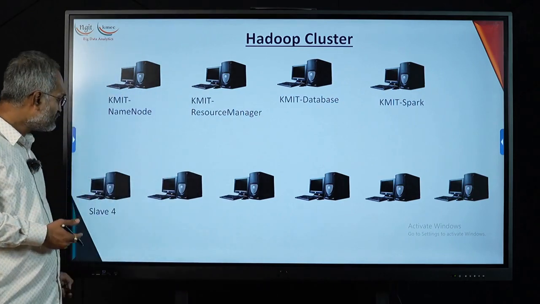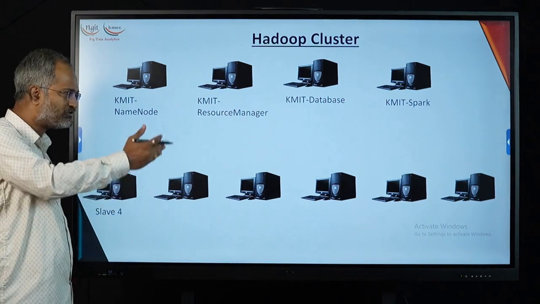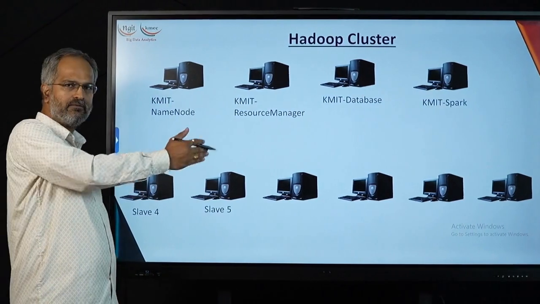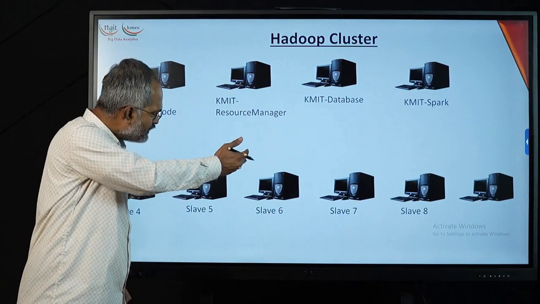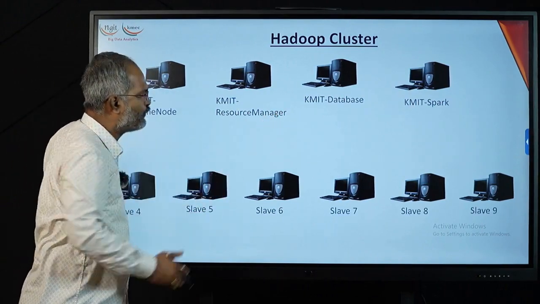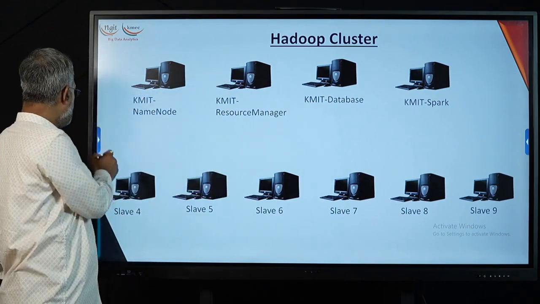And then we have 6 separate slave servers. So we can call them the worker nodes. All these are slave 4 to slave 9. So total 4 plus 6, total 10 machines are available. Now,